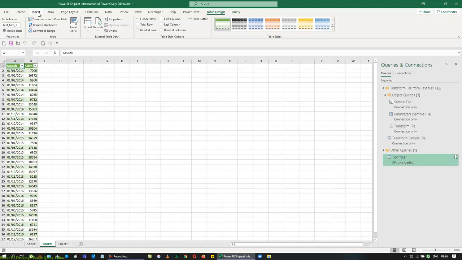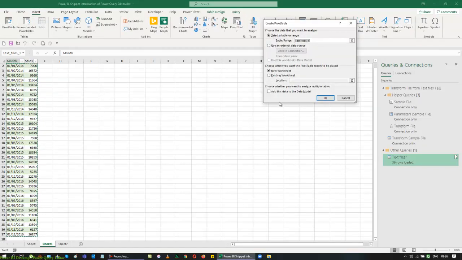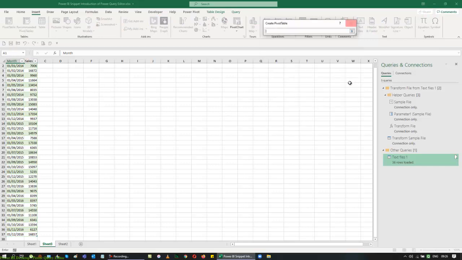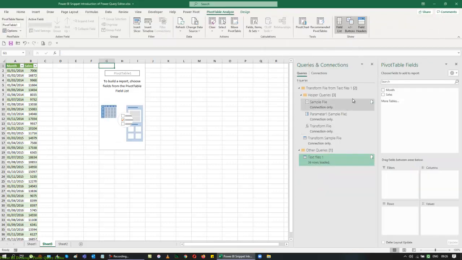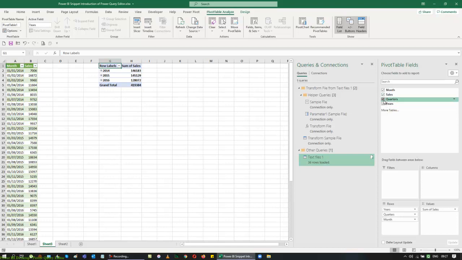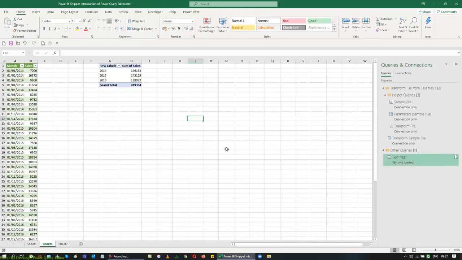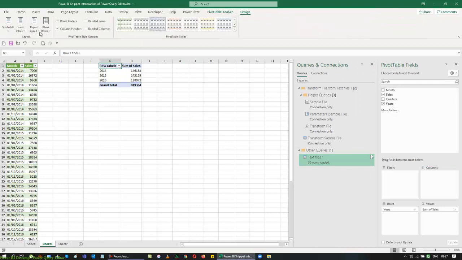So I'm going to just go back to my insert, then add a pivot table to the same sheet. So existing sheet. Then I'm going to place the cursor in here, and I'm going to just say okay. This is the data that I'm not adding to my data model. I'm just adding it to my list here. So now you can see that my data are perfect. I have a yearly sales popped up into my list.